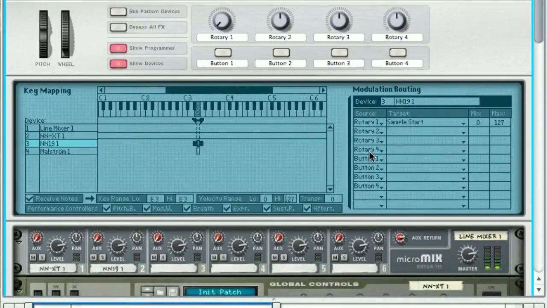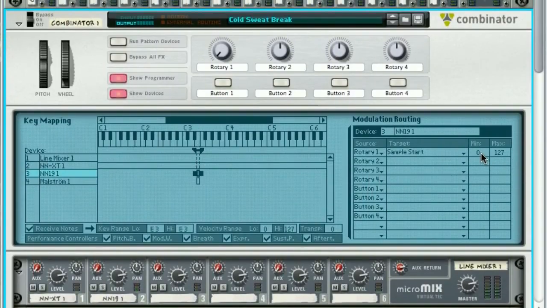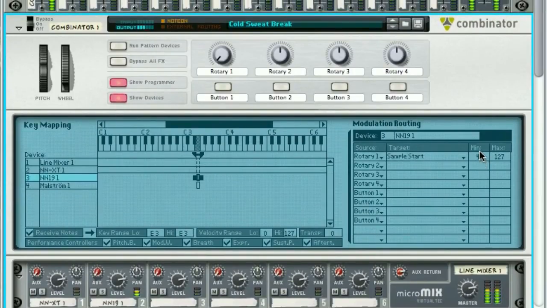So we have it started on here. So now what we do is